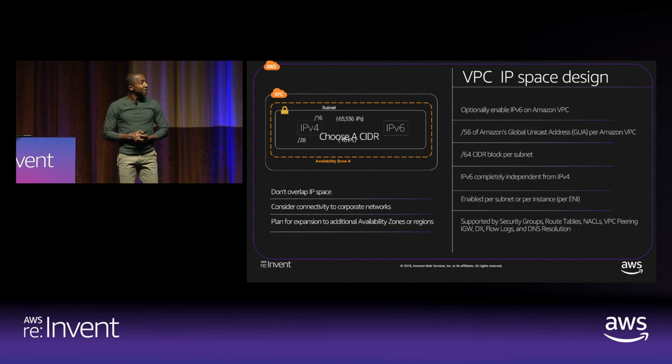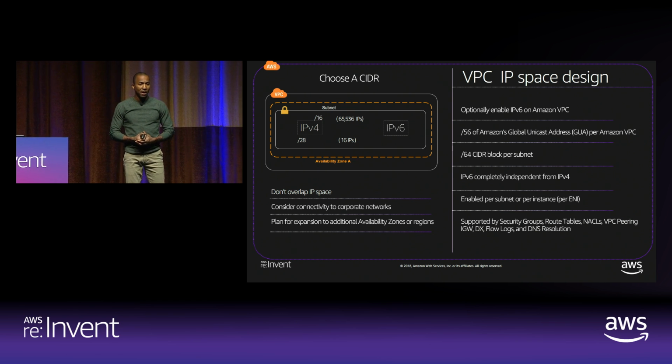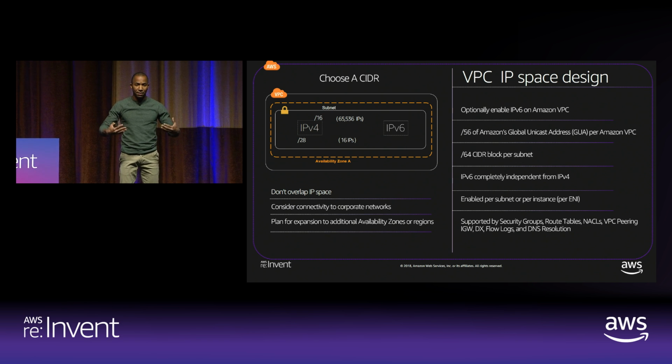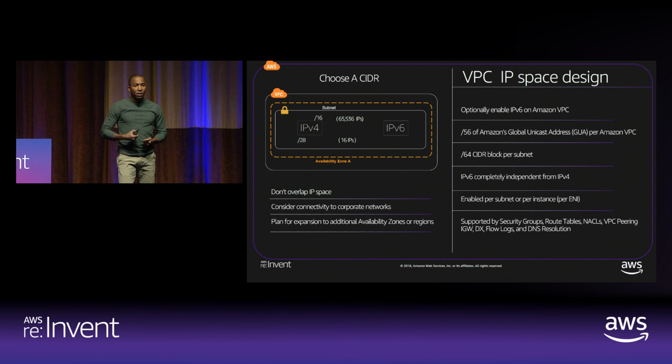What you can do is associate an IPv6 IP space with your VPC. Both IP spaces exist under the same VPC ID and operate independently. Even the number of IP addresses you can have is different. With IPv4, you have a /16, but with IPv6 we provide a /56 by default, which provides 18 sextillion IP addresses. So the size of your network is already different and much larger.